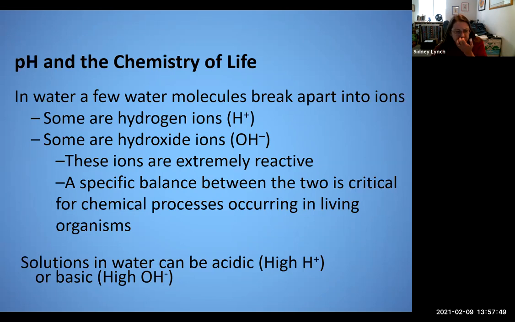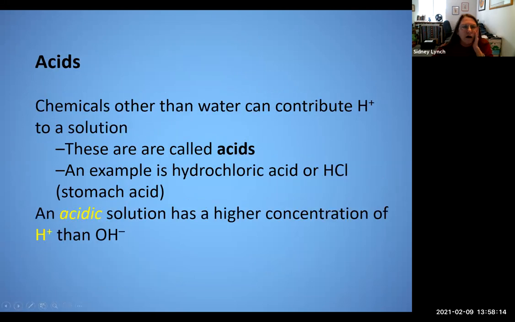So solutions in water can be either acidic if they have a lot of hydrogen ions, positive hydrogens, or they can be basic if you have a high amount of hydroxide ions. So high hydrogen equals an acid, high hydroxide equals a base. Okay, it's measured on a scale